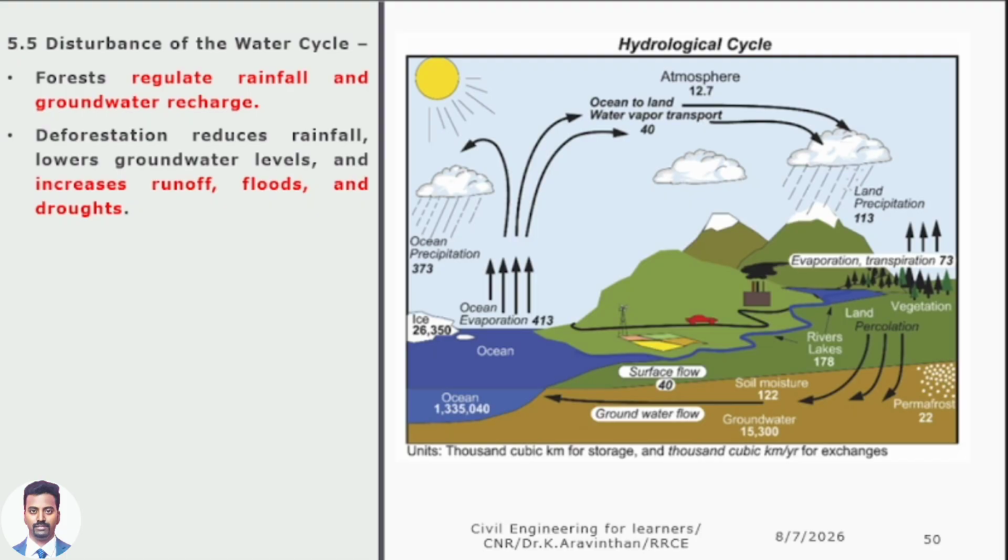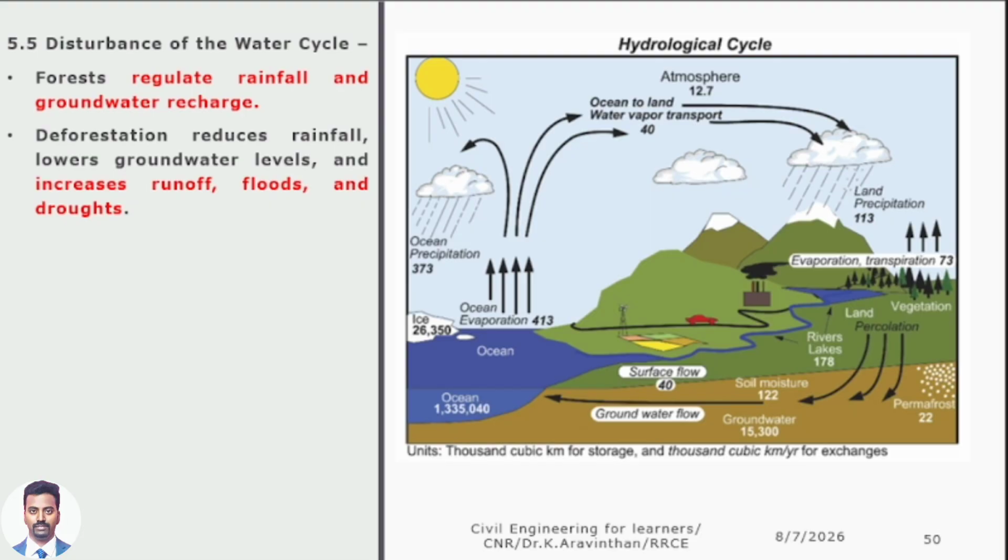Nature is consuming the water from one side and giving it to the other side. If this were not happening, we would not have lived on this planet. This hydrological cycle is a wonder. It regulates the rainfall, and deforestation disturbs this. If you cut this forest, the water which is going to fall on land will fall in the ocean because there is no precipitation. So we will get less rainfall.